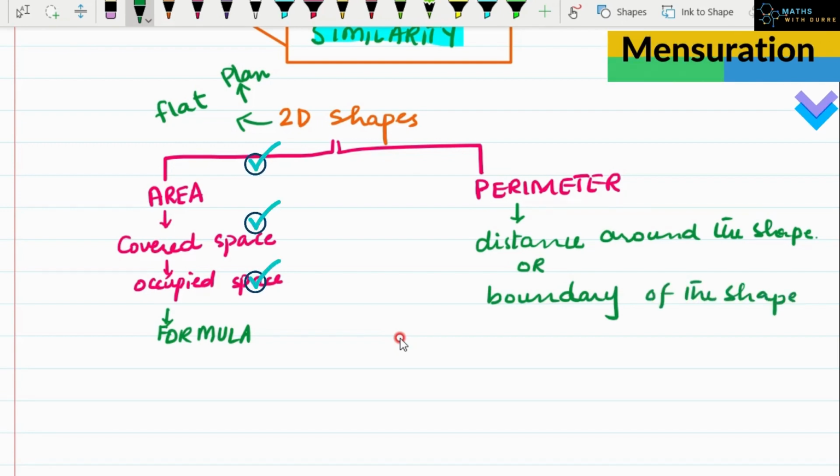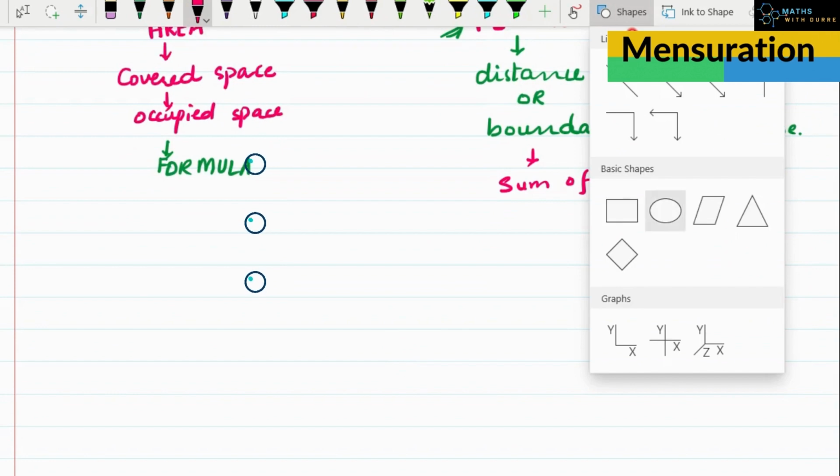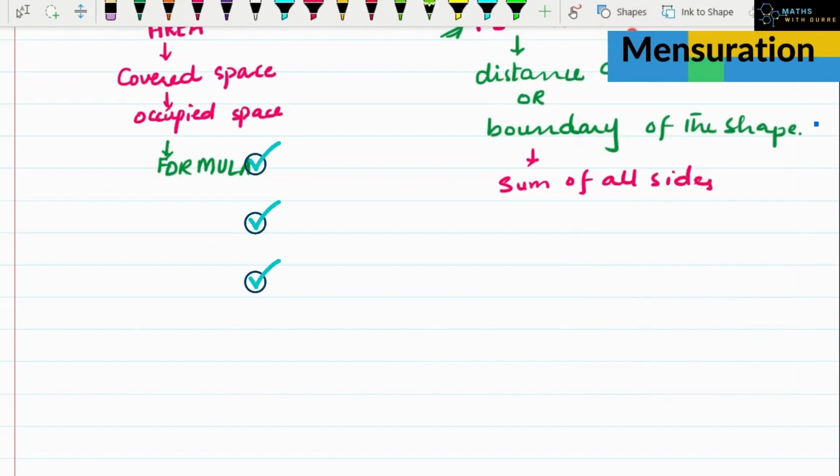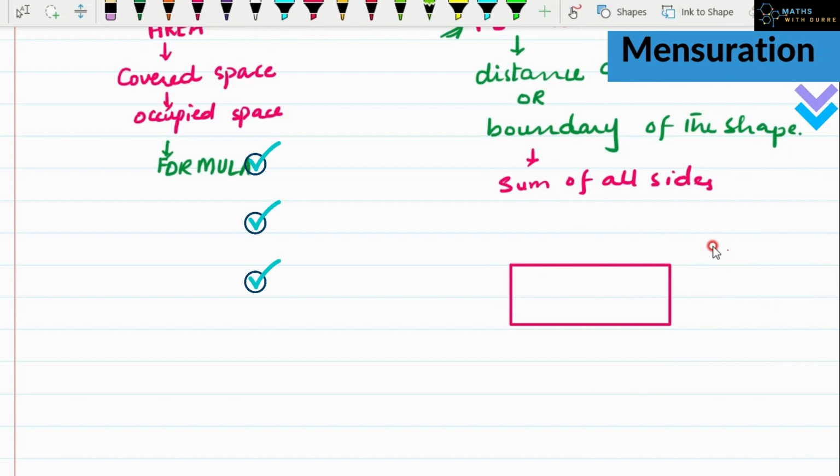Remember one thing. To calculate perimeter, basically you need to add all the sides, meaning the sum of all sides. You can remember it with the help of the phrase sum of all sides. How? Have an example. For example, I have a shape here, a rectangle, and there is another shape, a triangle,